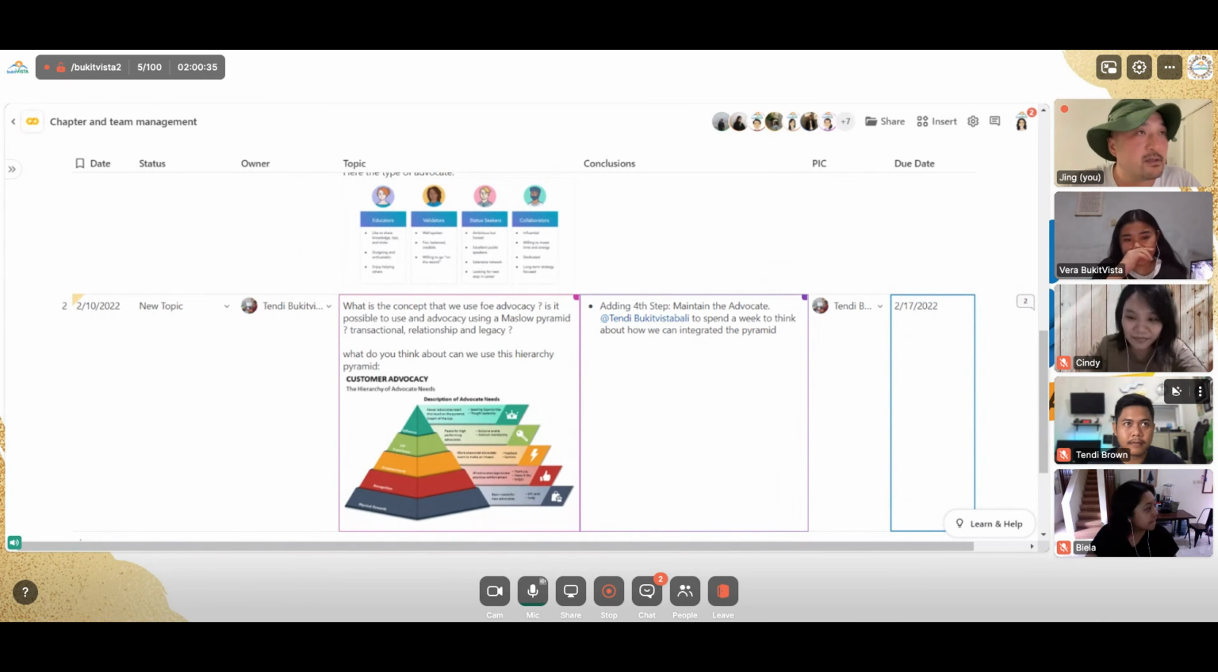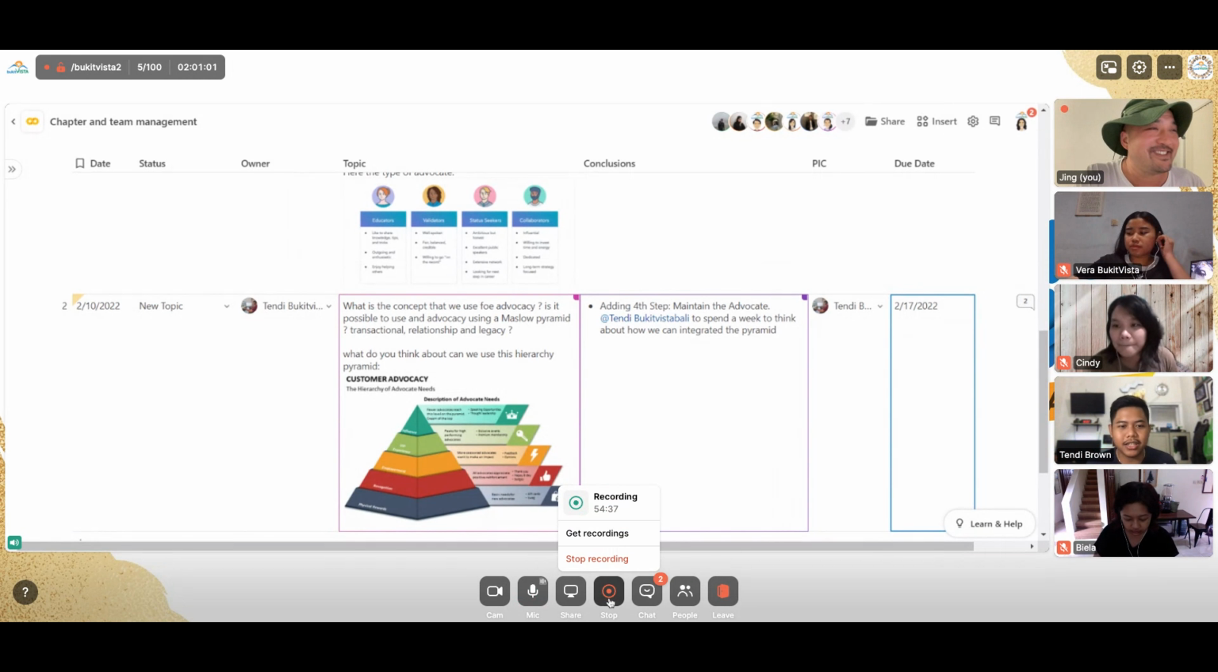And let's go to Vera. Since Kak Tendi already came up with a lot of the pyramid and the identifications, I think next time it will be more purposeful if you can directly identify using the things that Kak Tendi already brought in. Okay, let's do it. Yeah, definitely. So it will be integrated into the new framework for advocacy journey. Tendy, any thoughts from you before we conclude? Okay, first, thank you, sir, to introduce